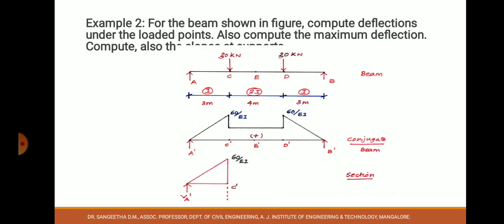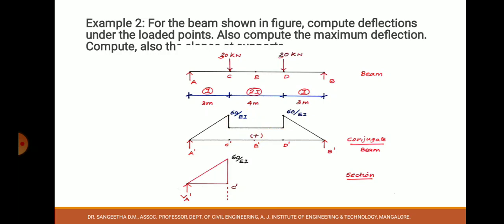So as you go for the bending moment diagram, 30 into 3 is 90. At this point, 60, correct? 30 is the support reaction, 30 into 3, it is 60 at this point. 60 by EI, M by EI. So at this point it is I, so it is 60. But at point C, there is a change in cross section. I gets divided by 2. So 60 by 2 becomes 30. So here it is half, 30 by EI.